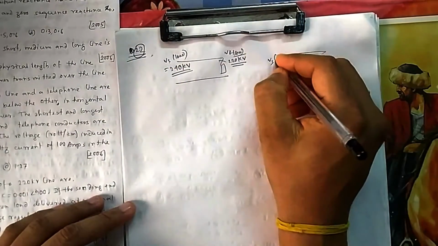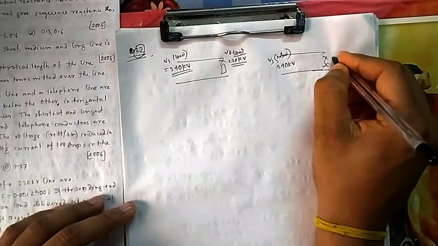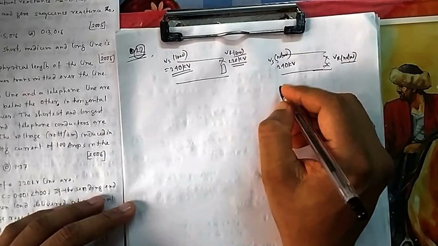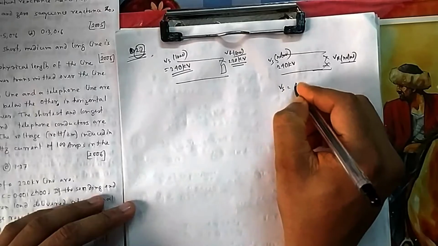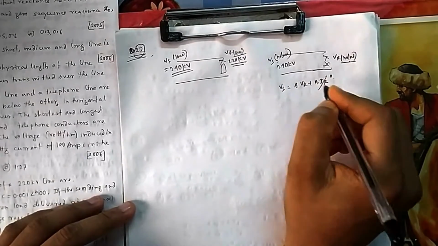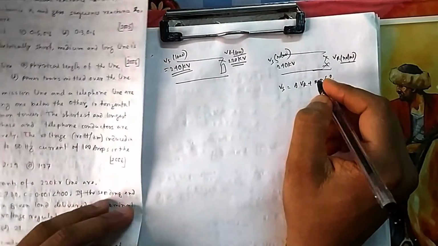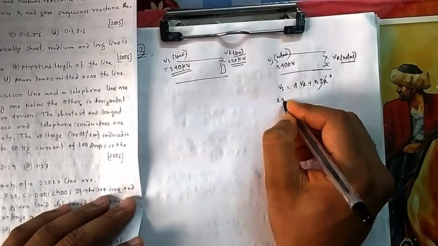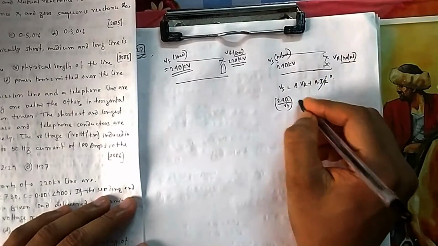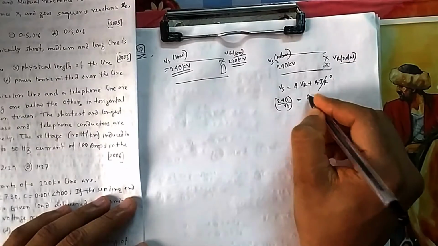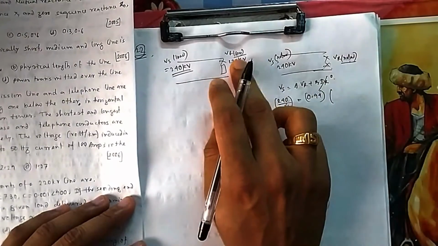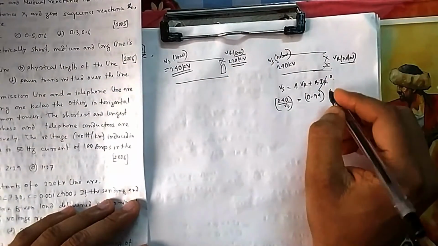If they are sending 240 kV at no load, then how much voltage will you get here? That is what I require, because for regulation I need this one. You know Vs is equal to AVR plus BIR, but here IR is 0. So you can calculate with Vs as 240. You can divide it by root 3, but it doesn't make sense, because on this side you will also divide by root 3. A is given as 0.94. If you divide, you have to multiply too. Let us calculate this as it is.